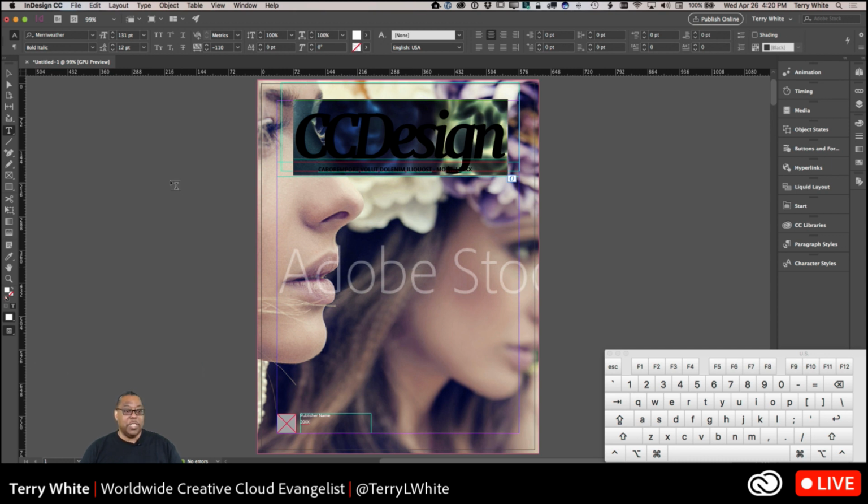Of course, you can simply go up to the type menu and type in whatever font size you want, if you know what you want. If I knew I wanted 133 points, then I can just type it in. But if I don't know, and I just need to visually see it get bigger or smaller, my favorite keyboard shortcut, Command or Control in Windows, Shift, so I'm holding them down so you can see them,